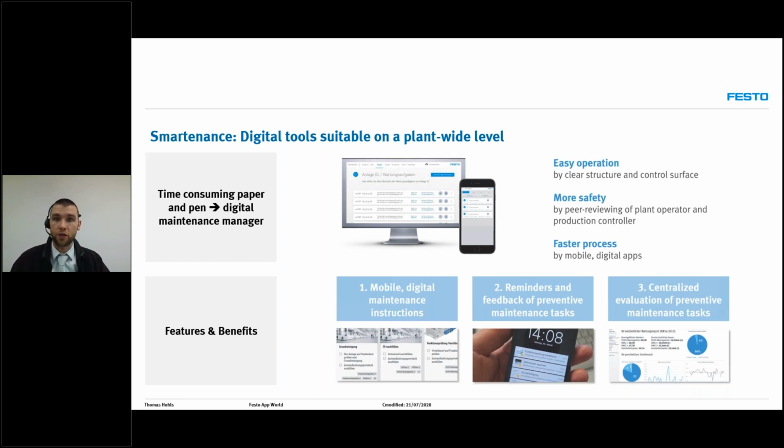So Smart Tenants is a smart maintenance tool. With Smart Tenants, gone are the days of pen and paper maintenance and writing down tasks on whiteboards or on pieces of paper. With Smart Tenants, we've digitalized the maintenance process. So when you buy a Smart Tenants license, you now have access to a PC and a